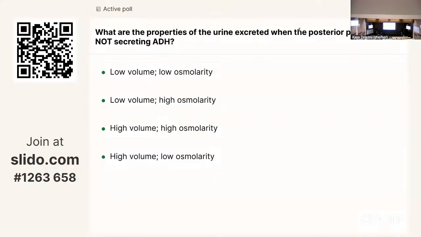Okay. So when we're thinking about that urine, we can think about it with relationship to these higher up levels too. So if we have urine and we're looking at its volume and osmolarity, when we haven't activated these receptors and our posterior pituitary isn't secreting ADH, what's